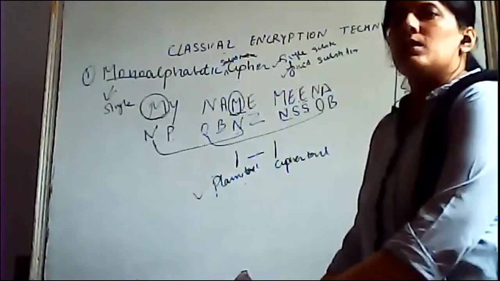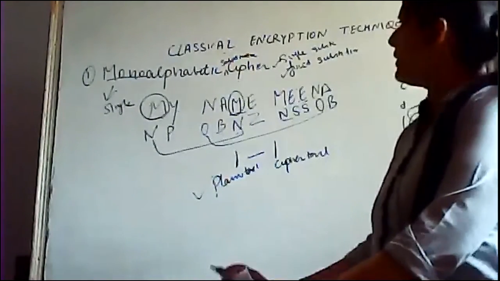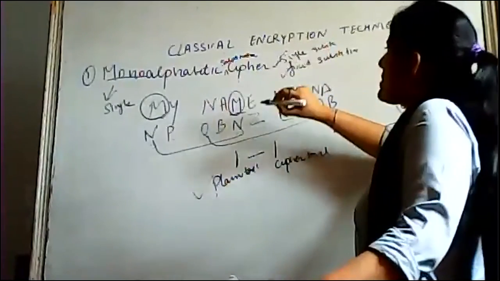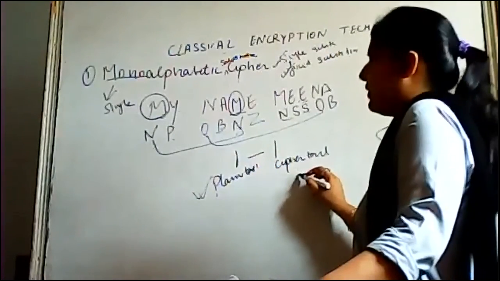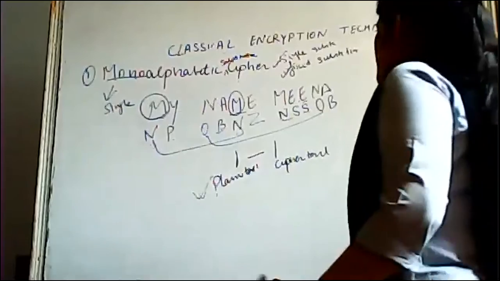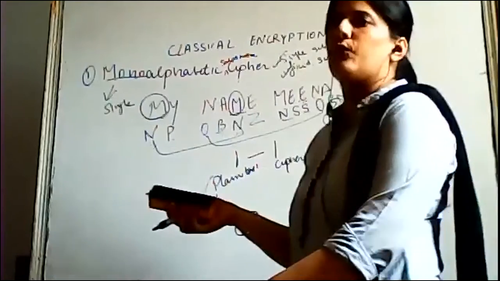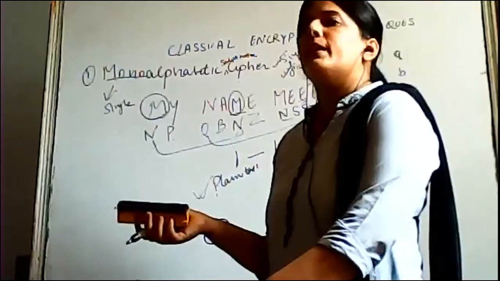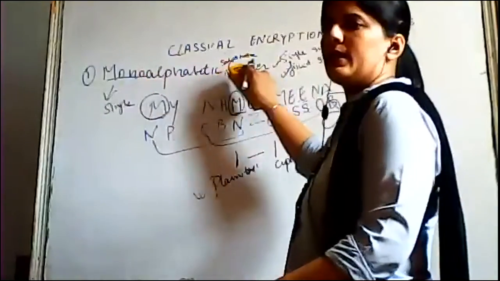Fine? So kindly raise your hand if you are comfortable with this subject or if you have understood this particular concept of monoalphabetic. So always remember 3 things. Single substitution is there, fixed substitution is there, and the relation between plain text and the ciphertext is 1 to 1. Clear? Okay, so this was the first substitution technique that we have discussed in the case of the classical encryption technique. And what method we are doing, that is the substitution technique, and we have completed one of the techniques, that is monoalphabetic substitution.